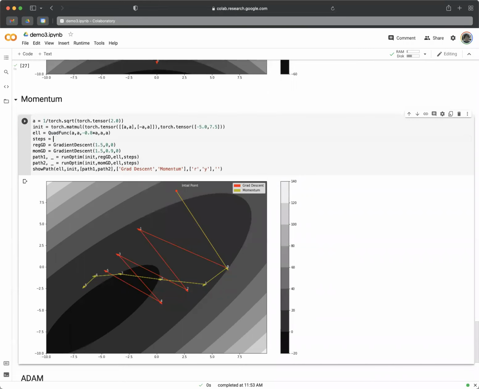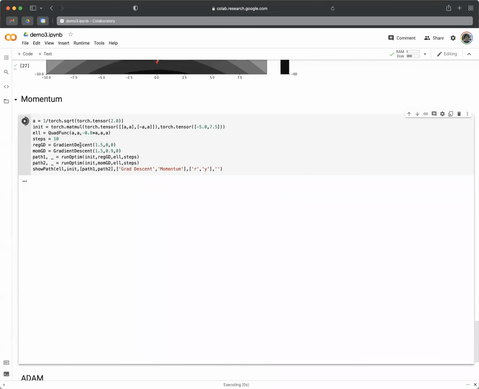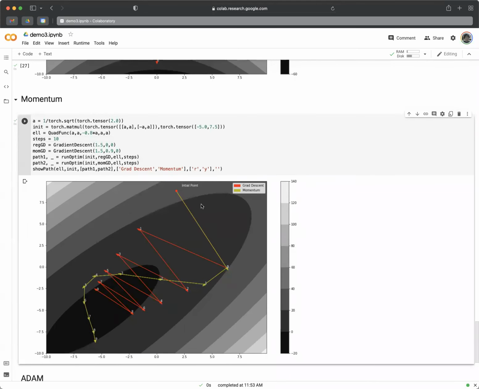So the oscillations are considerably damped in momentum compared to standard gradient descent. So you have much smoother trajectories in momentum compared to standard gradient descent. But again, something to keep in mind here is that the choice of learning rate does matter quite a bit,